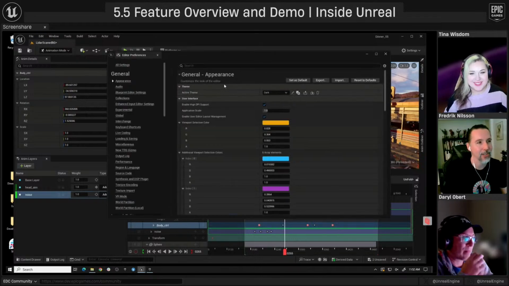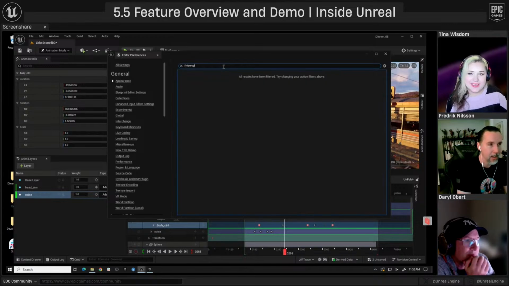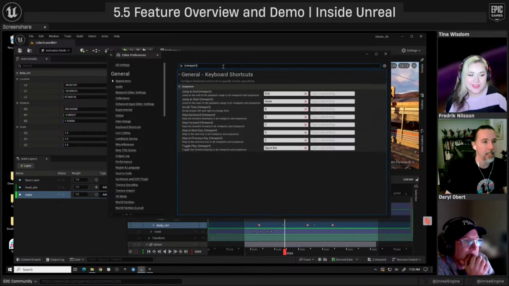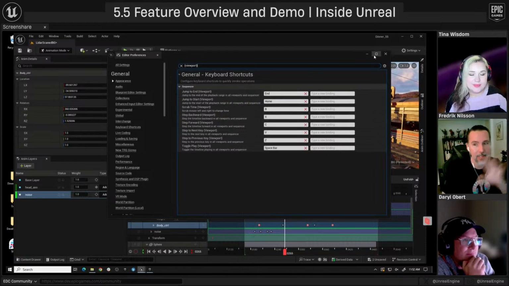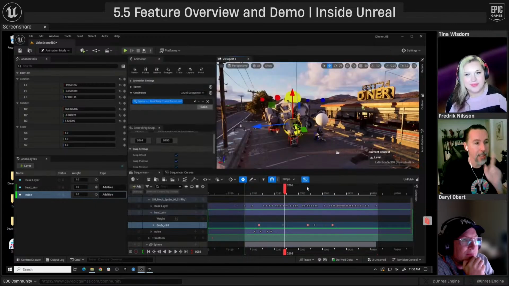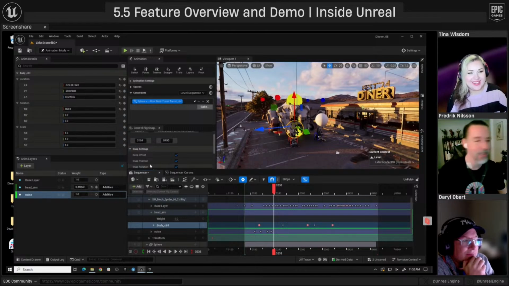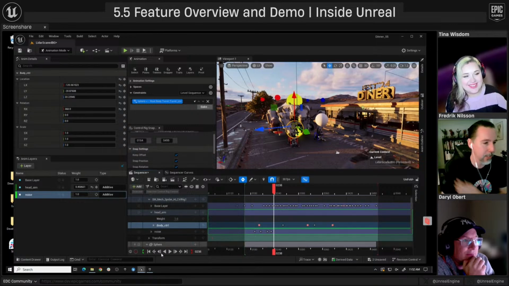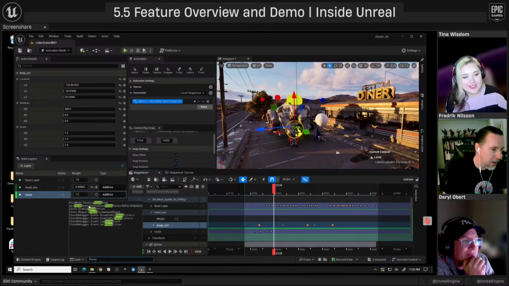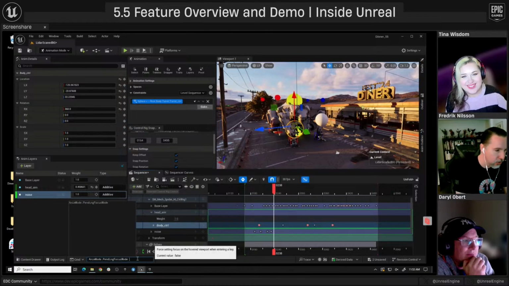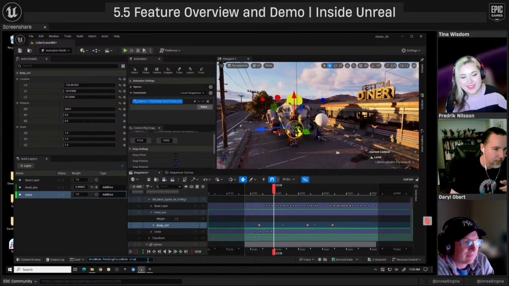Those hotkeys I showed, just do a search for viewport. And those are great because they work globally. They work in the viewport. In 5.1, I think we didn't even have the ability to step in your viewport. Related to that, in 5.5 we also added a new CVar. Gotta love your CVars in UE. There's always many hidden secret ones. I did cover this one in my talk, but I just wanted to show it and what it does. We call this one focus anim mode pending focus mode. Set that to true or 1. Right now it's off, so I'm not going to change it yet and just show you why it's important.